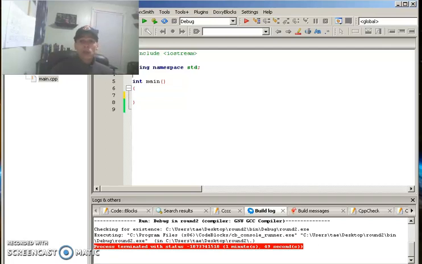I hope you guys can bear with me for this tutorial or this challenge video, your first challenge video of the C++ series. My camera's dead and I can't overlay the video without a camera, so I'm going to be using this USB webcam, which isn't the best, but it gets the job done, at least so you guys can see and identify with who the hell is talking to you and teaching you this in the first place.